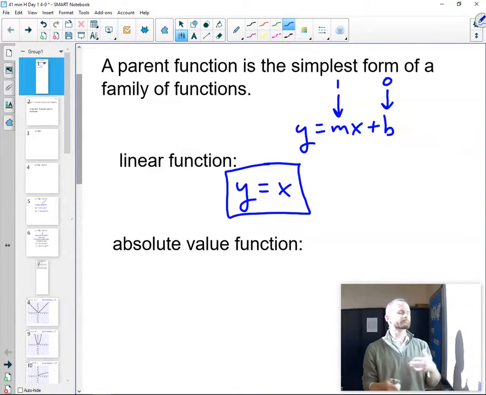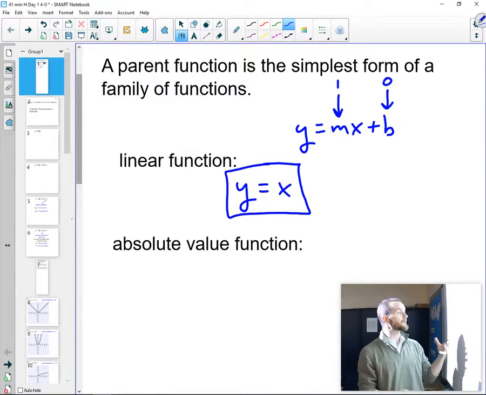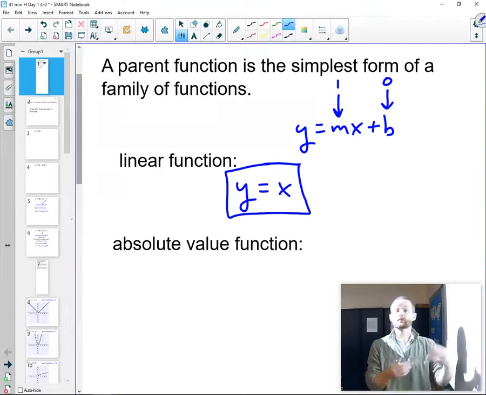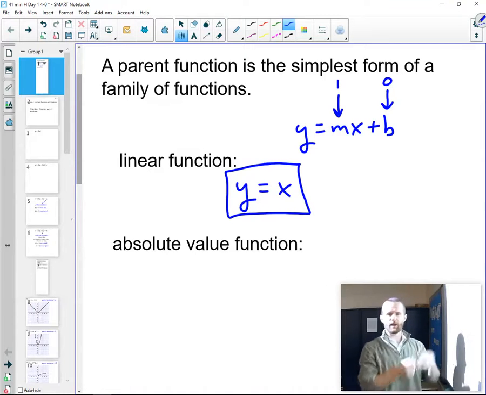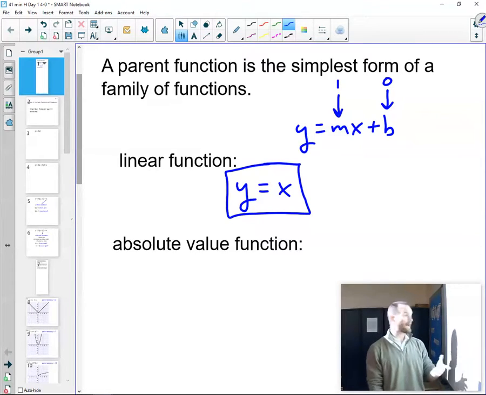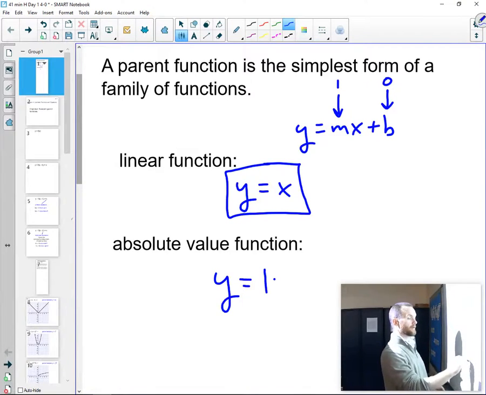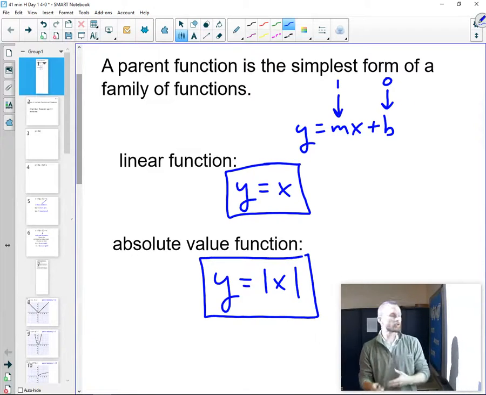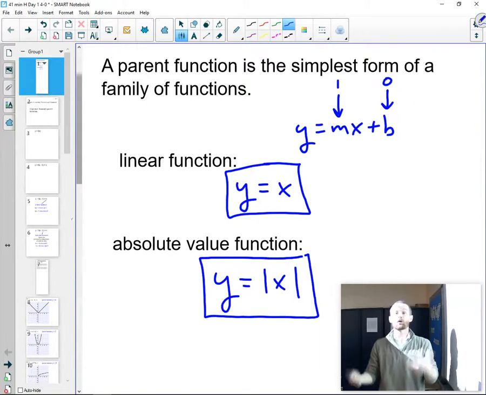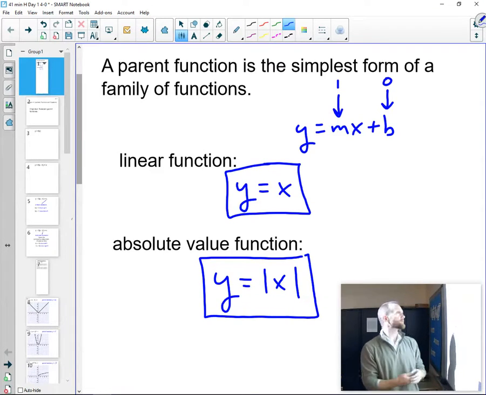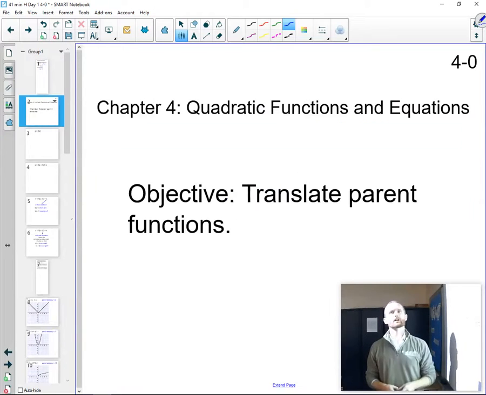We can think of all other linear functions as being transformations or adjustments to the parent function y equals x. Now, for an absolute value function, the parent function would be y equals the absolute value of x. All absolute value functions start from there, and then we either add something or multiply. They get more complicated, but that is the simplest form, the parent function. Now, there's lots of different types of parent functions that we're going to be dealing with, but now you know